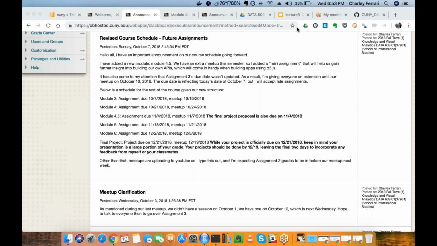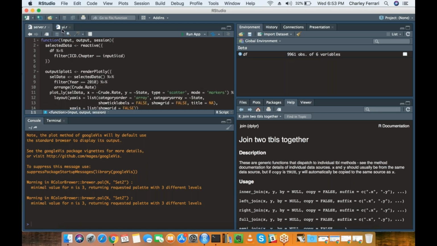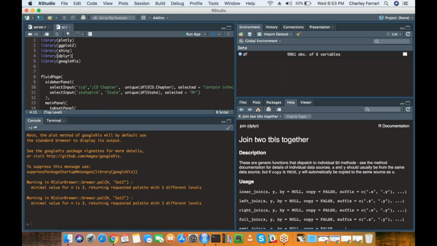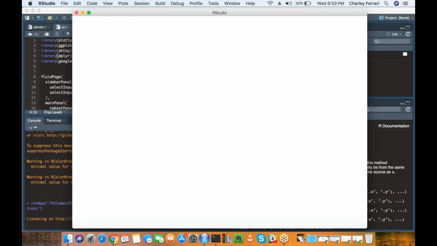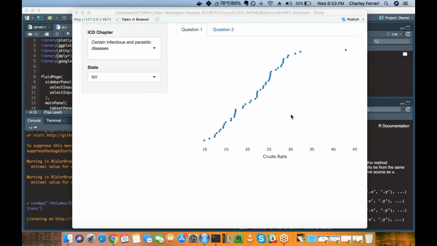Cool. So with that, I'll move on to the end. For homework 3, I still have a separate UI and server, because seconds before this began, my drive was giving me issues all day. But this will still run. That I made sure of. And we'll begin talking about this assignment.